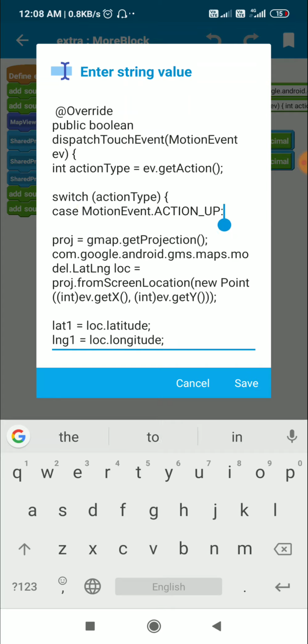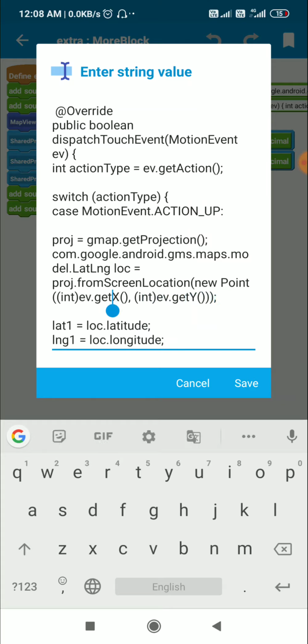When I put the finger on the screen, that will be action down, and when I remove my finger from the screen, that will be action up. So in that event I define projection is equal to gmap.getProjection. Then I define a LatLng called loc. LatLng loc is equal to projection.fromScreenLocation(new Point(ev.getX, ev.getY)).